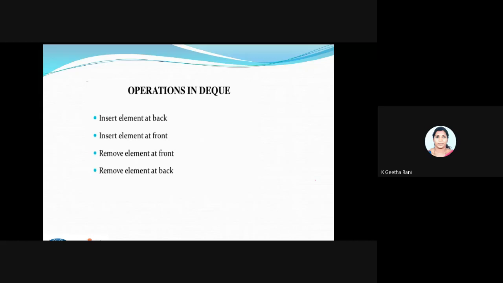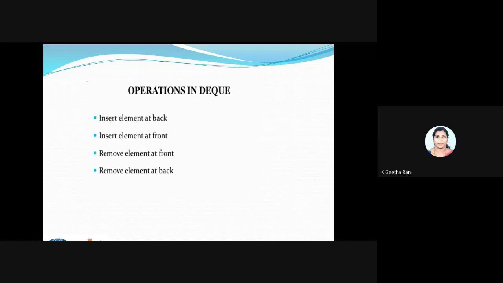Fine. Now we have a very important thing. What all operations can be done in DQ? Since insertion and deletion happen at the two ends, we list them out as operations. We know we have push and pop operations under the stack. Under the queue you'll be having NQ and DQ.